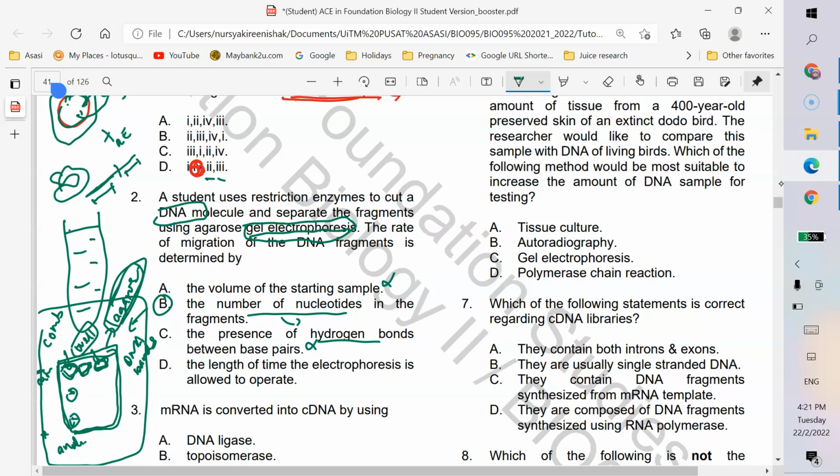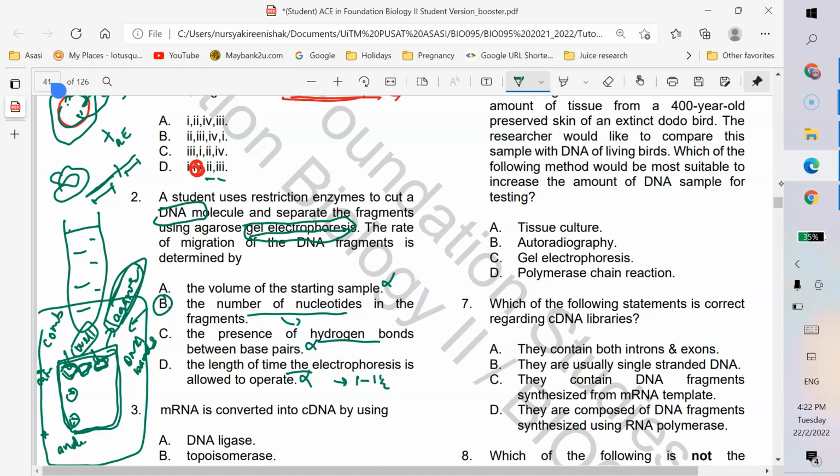And then D, the length of the time the electrophoresis is allowed to operate. No. Okay, so selalunya bergantung kepada size gel awak tu, awak akan set masa. So ini awak kena determine sendirilah, selalunya dalam sejam setengah kan, bergantung pada size sample dengan